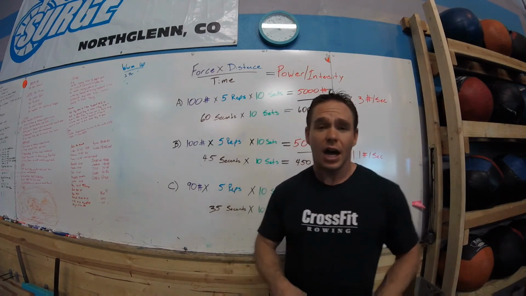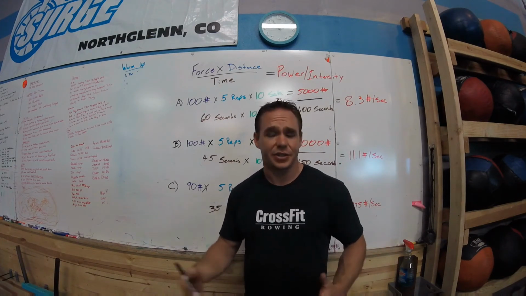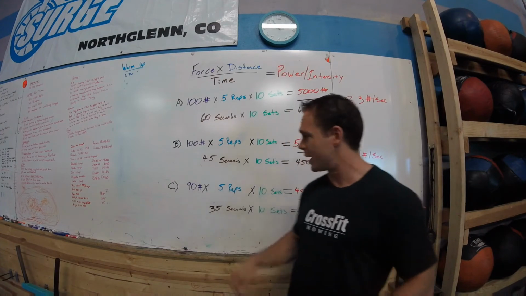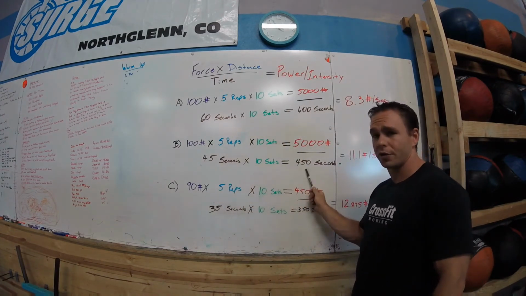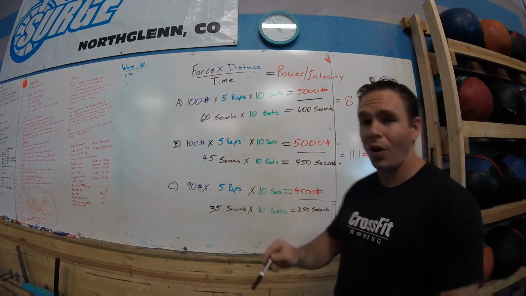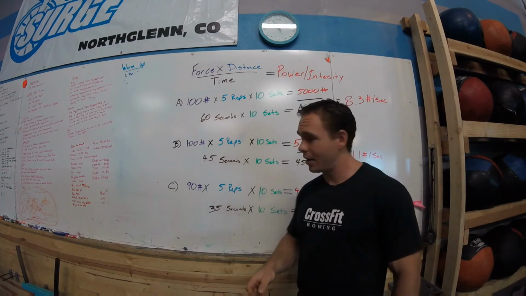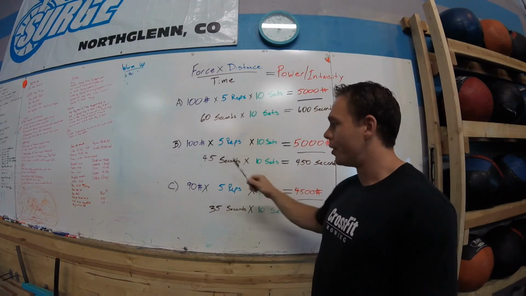So instead of doing every minute on the minute, they're going to go every 45 seconds. They're going to perform 5 reps on that, okay? So that's 45 seconds times 10 sets. That equates out to 450 seconds, okay? Now that comes out to 11.1 pounds per second, okay? So we can see right there that athlete's still moving the same amount of weight, but they're doing it in